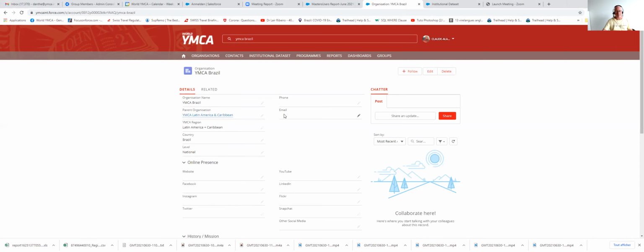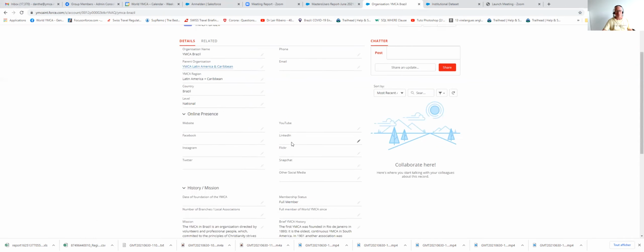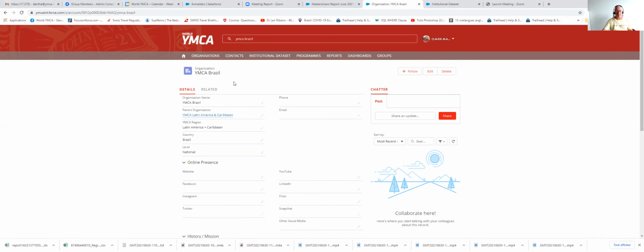I think this is realistic and feasible in the short term. All the national movements are on the platform, so you just have to search for YMCA Brazil, YMCA Scotland, YMCA Ukraine, etc., and you can modify the information.